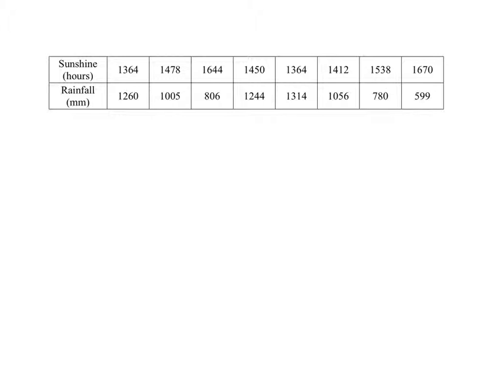I'm going to use 1 as the lowest, but I can see that I have 1,364 twice, so they're going to take the values 1 and 2. So their average, 1 plus 2 is 3, divided by 2 gives us 1.5. The next value up is 1,412, it will be 3, then 4, 5, 6, 7, 8. Repeating this then for the rainfall, the lowest rainfall is 599, then 780,